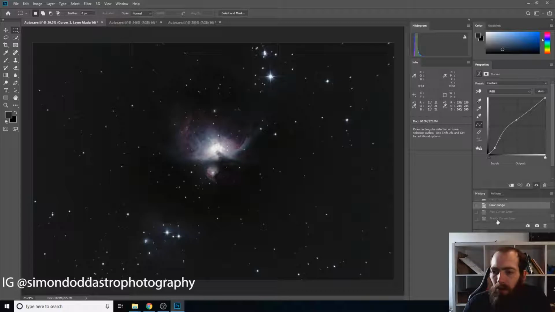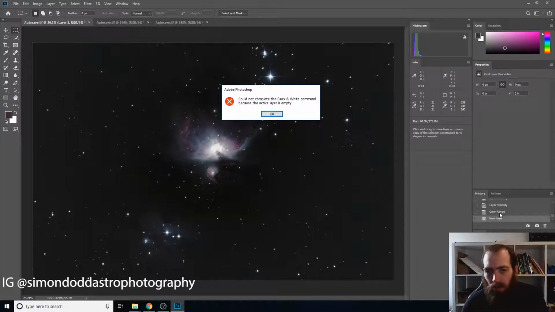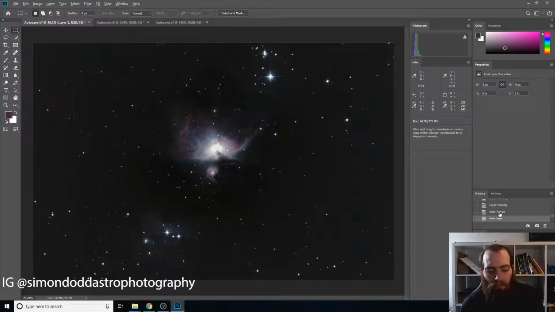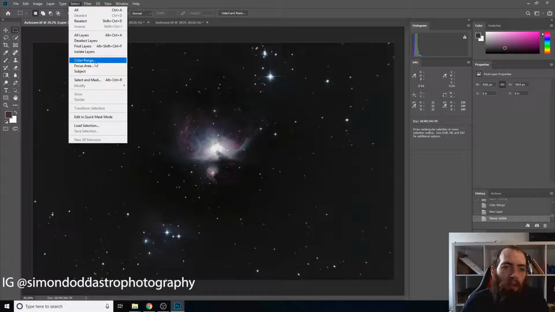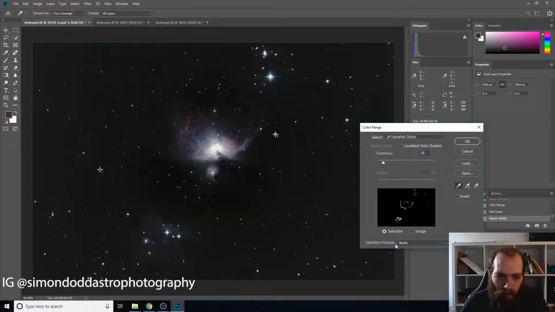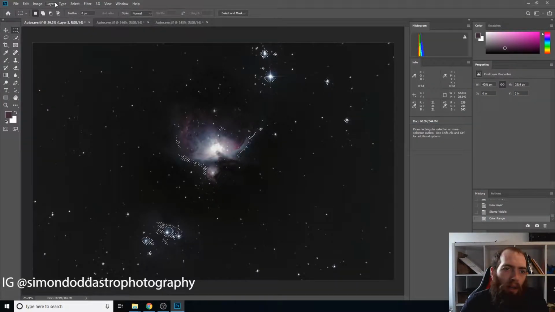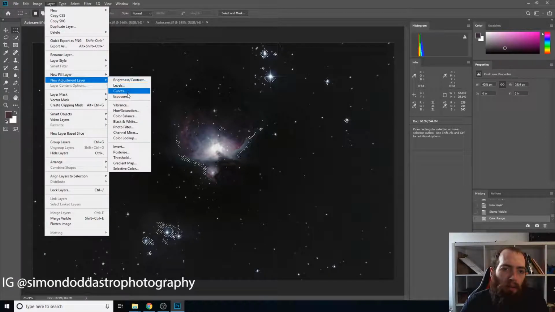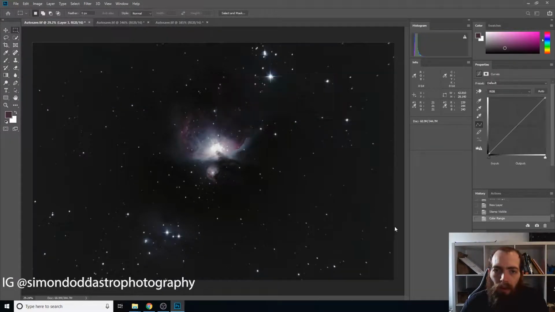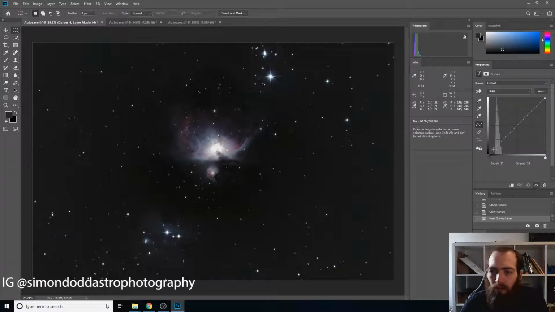Yeah, so let's this, whoops, and then there. I missed a step, so we're going to just have to do that little bit again. Select color range. It's already on the same one that we were on previously. Now we do our new adjustment layer to work on these bits here. And hopefully